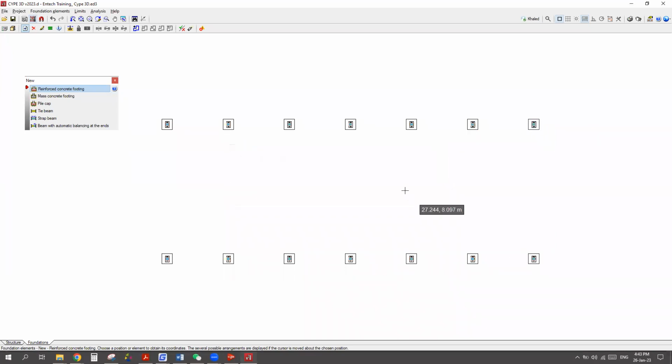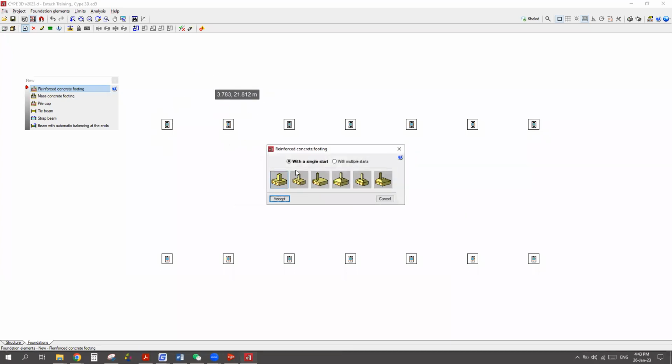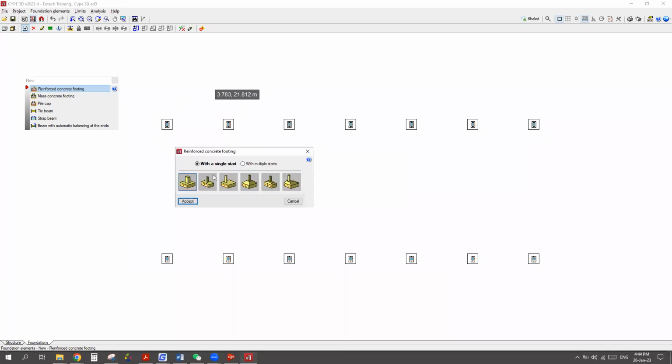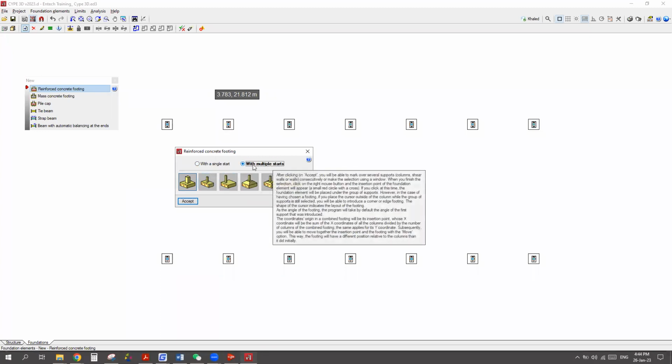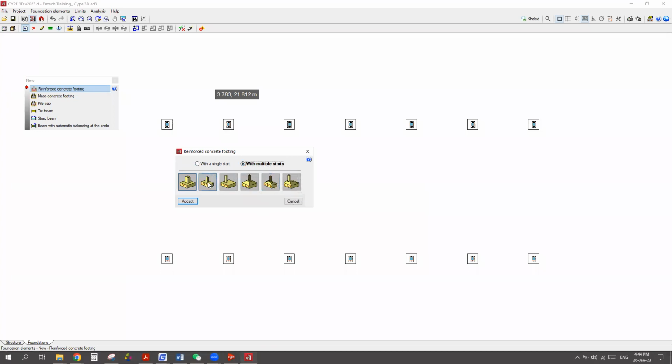Okay, just like this. Or you can do right click if you want to make it as a combined footing. So here you have the option with a single start or with a multiple start. So you can go for with multiple start if you want to create the combined footing. And for combined footing, I recommend you to use the rectangular section, not, let's say, square sections, because